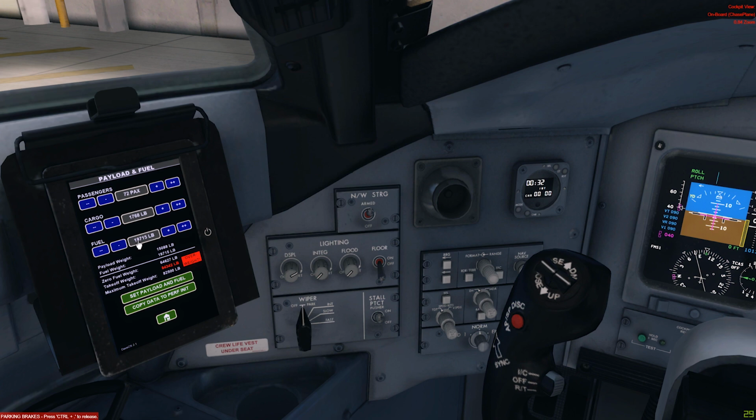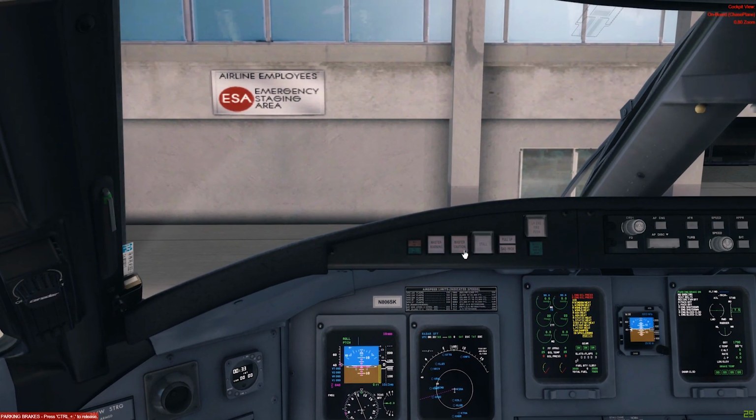For our payload and fuel today, we will be taking 86 passengers with us, and the cargo will be 2,000 pounds of cargo. Fuel is 7,000 pounds of fuel, and once we are done here, there's a neat trick that I'm going to show you guys in a little bit. So set payload and fuel, and we are going ahead to